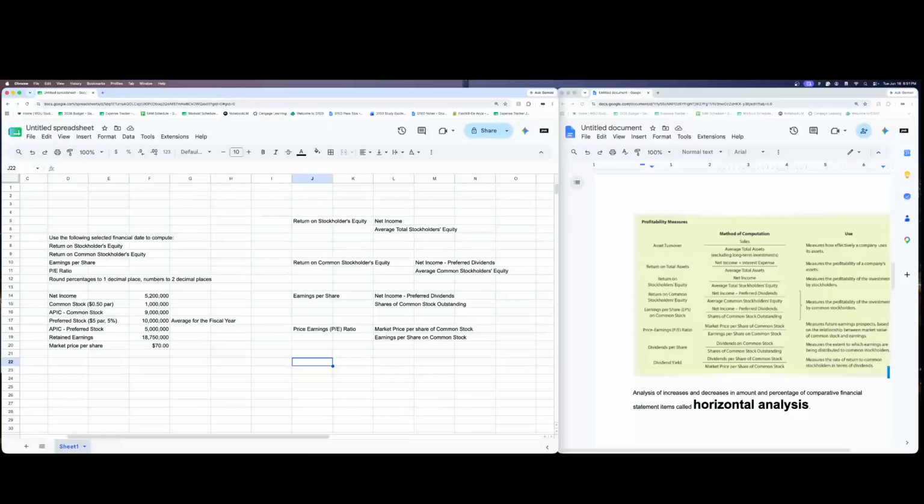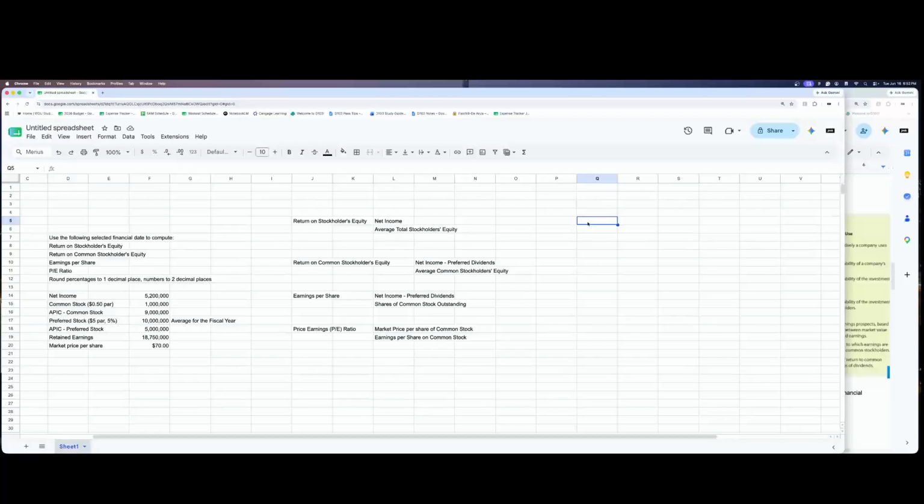So let's start with the first ratio, return on stockholders' equity. It's actually somewhat straightforward and simple, right? How do you calculate return on stockholders' equity? You guys are going to have to memorize some of these ratios. So return on stockholders' equity: net income, right, 5,200,000, divided by average total stockholders' equity. So the average total stockholders' equity, if you look here,